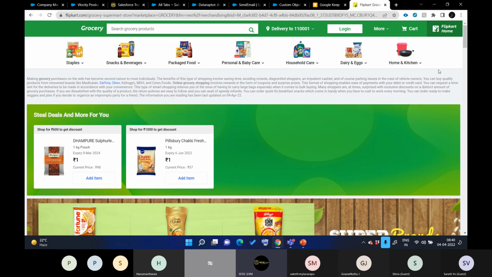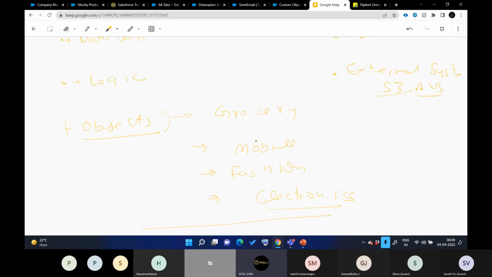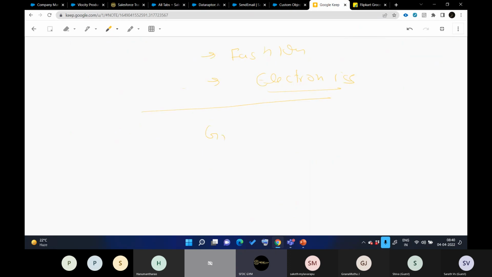And why do we want to categorize? Previously, how did you do it? You created an object named grocery, and you directly started adding records into it. Correct? But now what they are saying is no, this structure we don't want. We want to create it like this. We need a grocery here, and under that, we need further divisions. We don't want to add products at this layer. We want to further divide those things. And why? Because they want to enhance their catalog. They want to add more categories into the catalog.